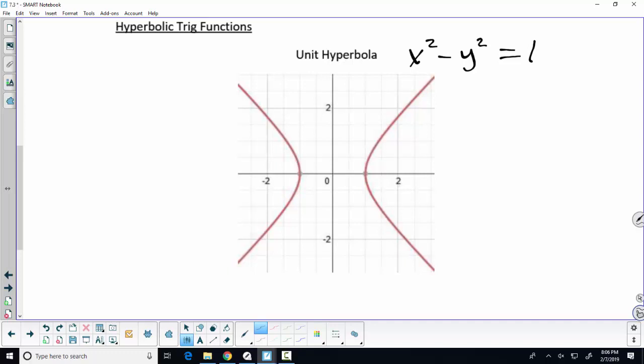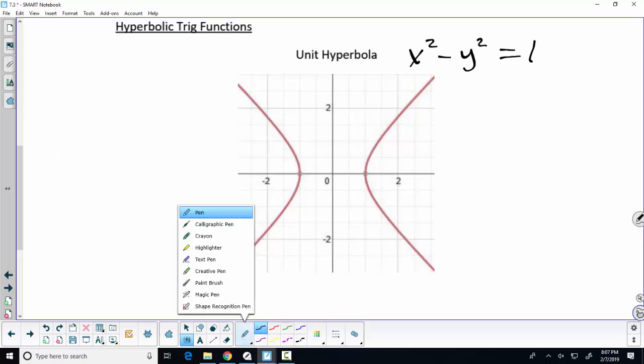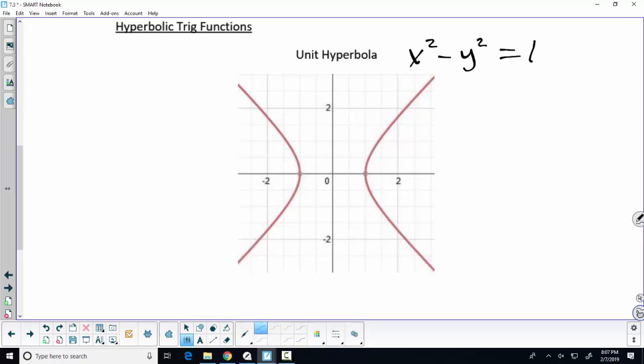Remember the more generic formula? So unit hyperbola, center 0, 0, radius 1, or, not radius, but equal to 1. So the idea is,